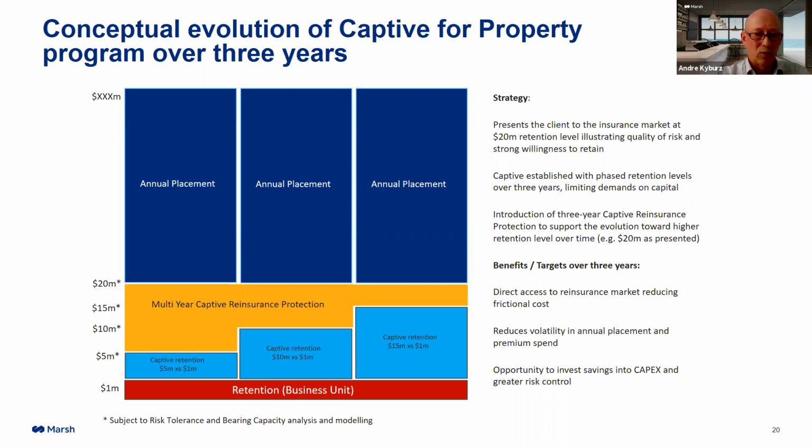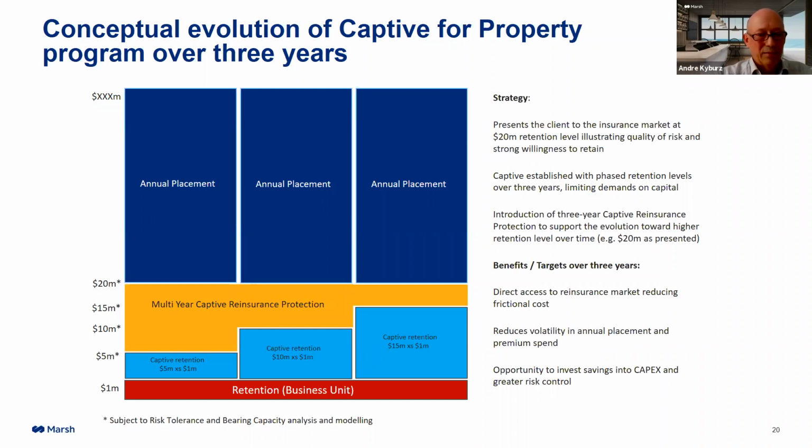And then what we could do is actually slide in between the captive in that light blue bottom line and the dark blue excess placement. We can slide in a multi-year captive reinsurance protection program, which purports to the market that the captive is actually